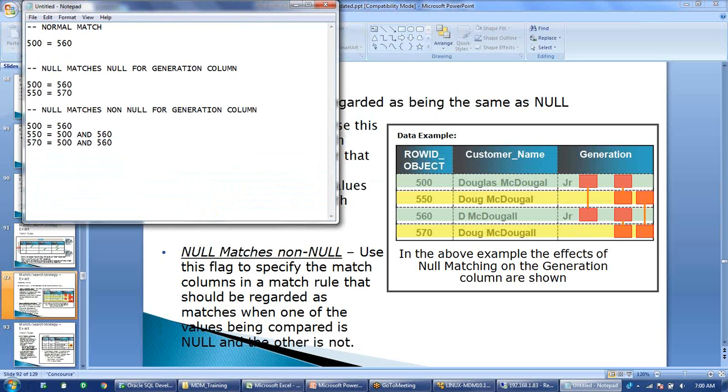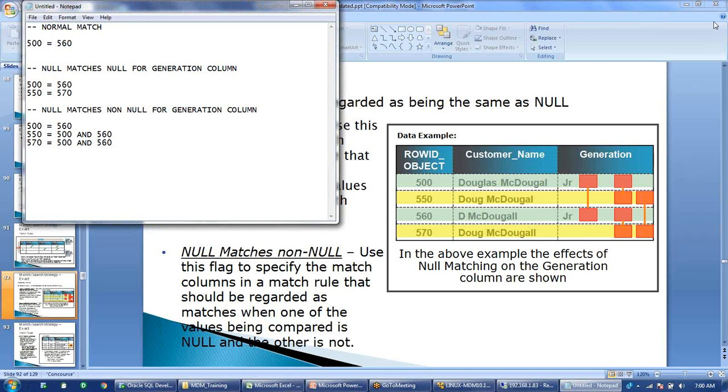Any questions on this? Null matches null or null matches non-null? How is that 550 matching 500? Sorry, which one?